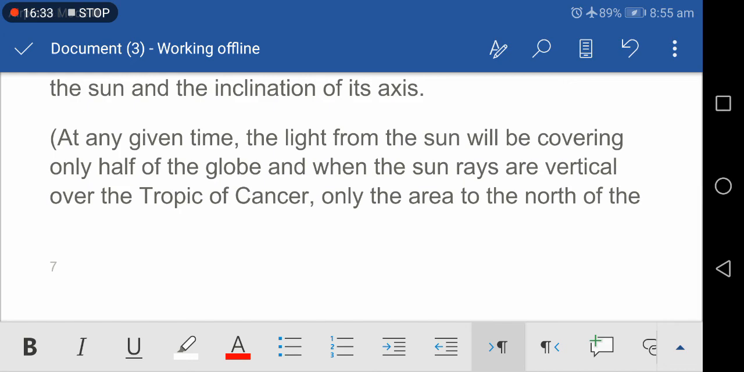In its orbit around the sun, the earth attains four critical positions in respect of the sun during its annual revolution. These are the equinoxes and the solstices. On Jan